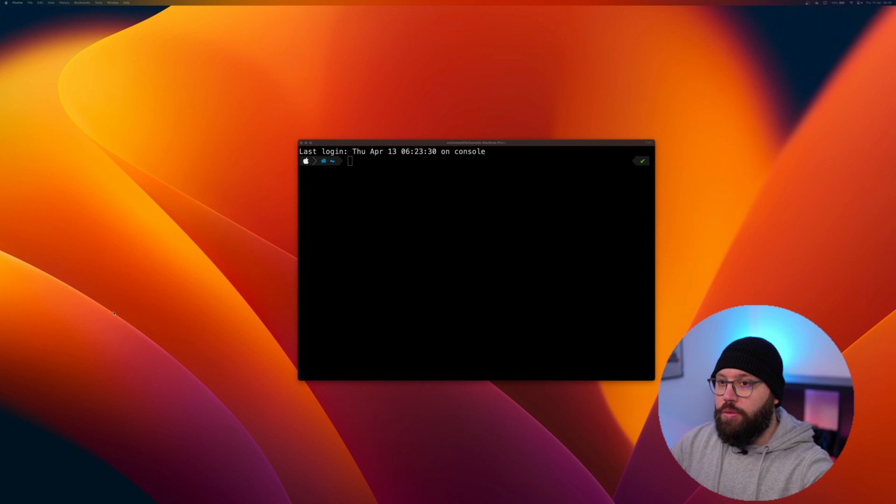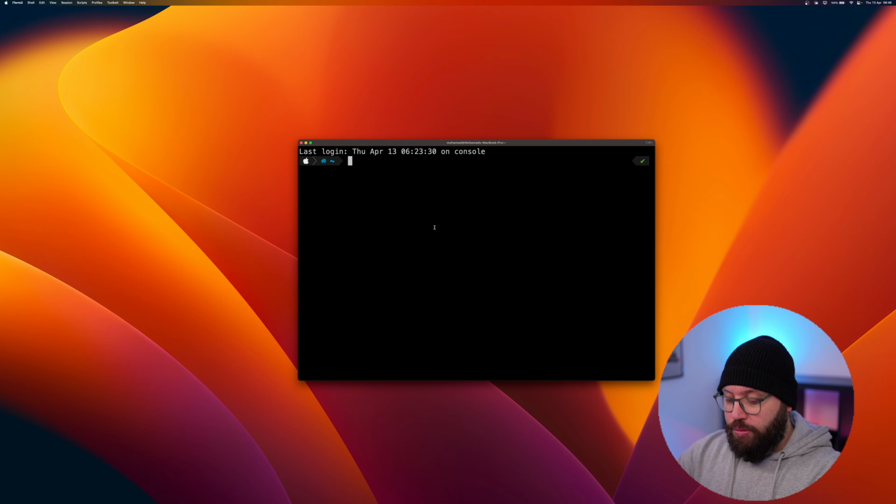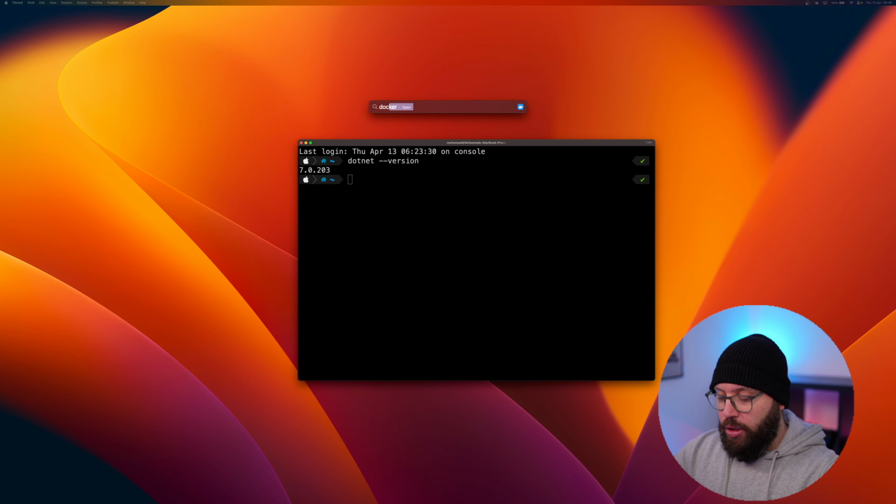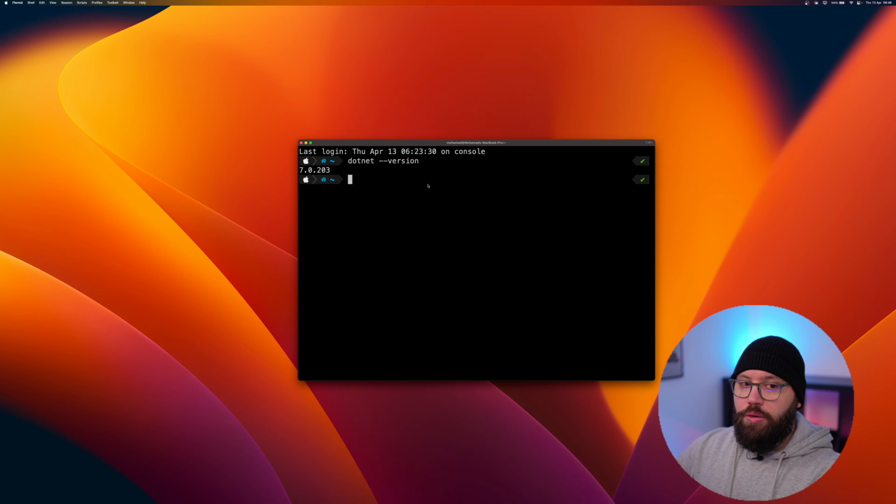So inside our terminal, what we're going to be doing is checking our .NET version, dotnet --version. And as you can see, I'm currently running on version 7.0.2.3, which is going to be the latest version by the time of this recording. And as for Docker, I'm just going to run it right now. But if you don't have it,